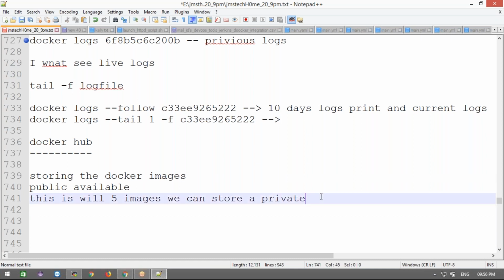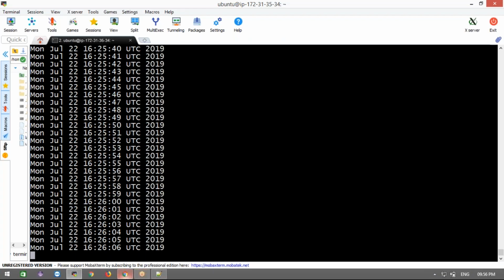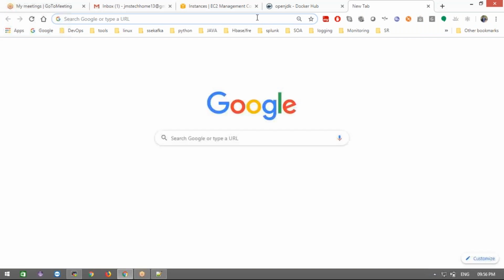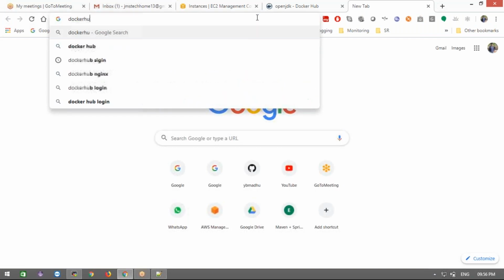This works as a client server architecture. Before we start, we are going to sign up for Docker Hub. We need to search for Docker Hub sign in, which we already discussed.